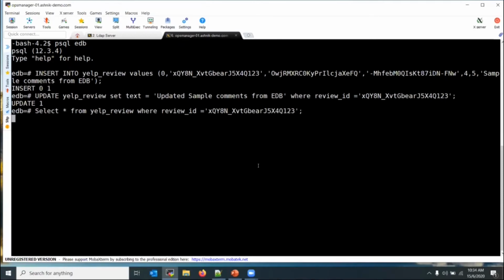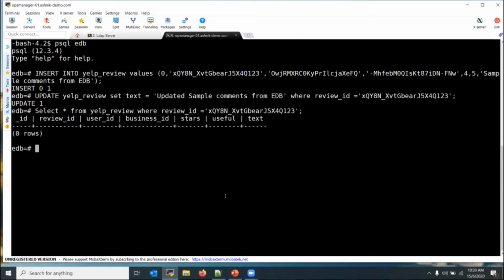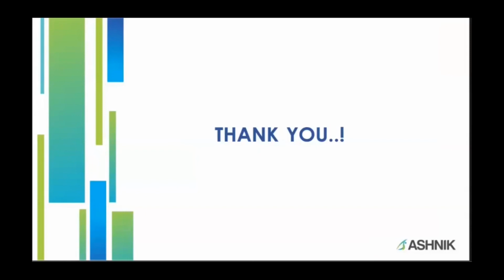So you can do the data insert, update and delete on both sides, Postgres as well as MongoDB. This is one of the good features of FDW, where you are able to manipulate your data on both ends. So it shows 0 records. The record got successfully deleted at the MongoDB end, and it has been reflected in Postgres as well.